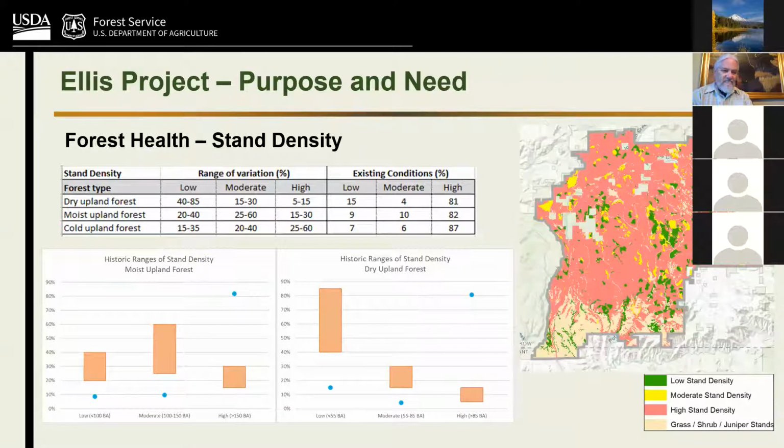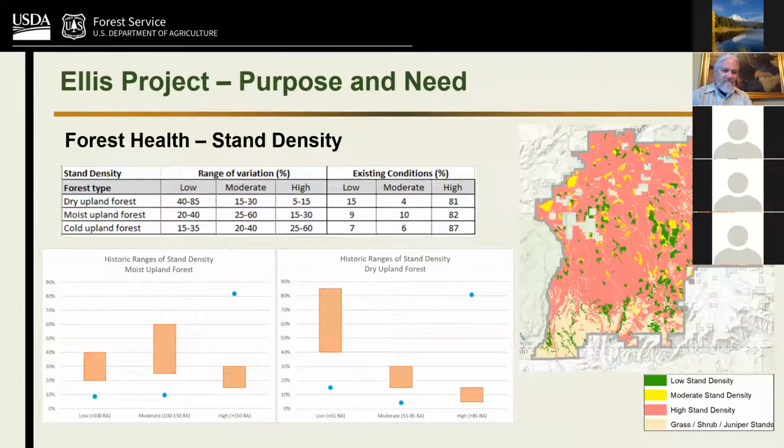I'm talking about how we're seeing more insect and disease outbreaks that are more intense and bigger and at a greater rate than we've seen in the past. And the area is also vulnerable to those high severity, uncharacteristic wildfire events that we've seen throughout the West in the past decade, with bigger fires and higher severity